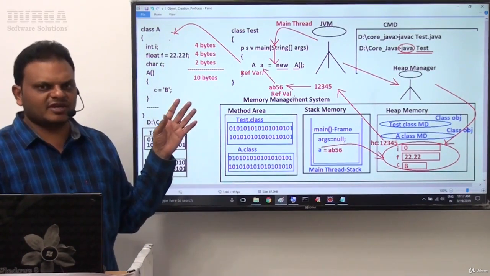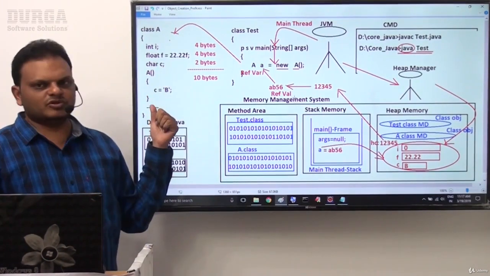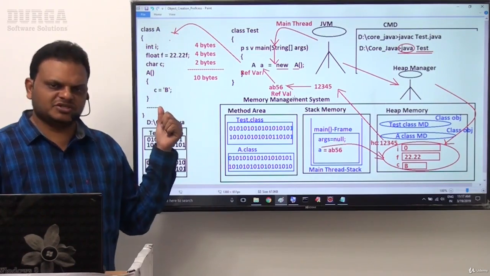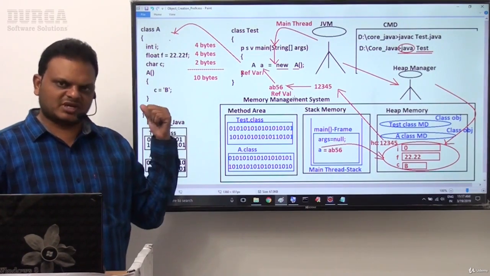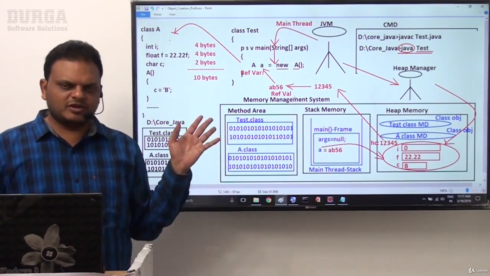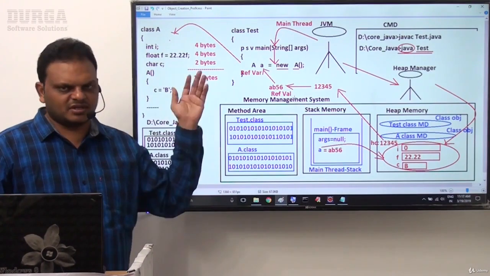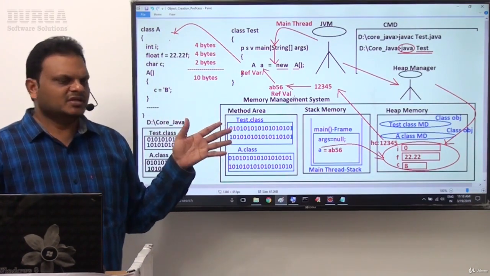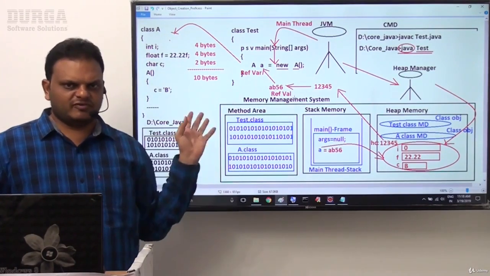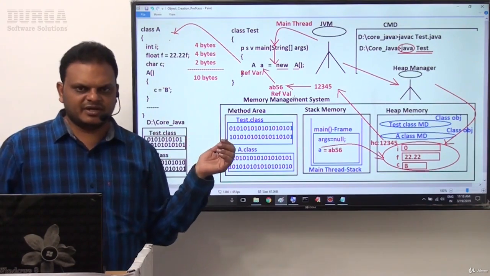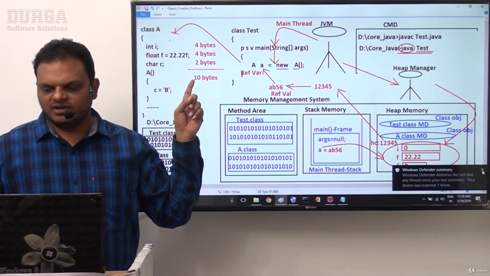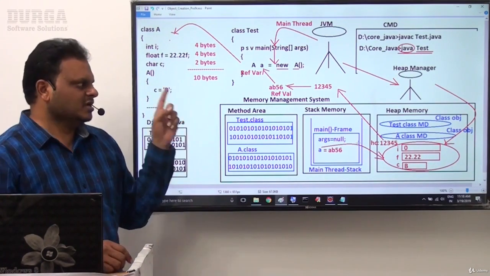If any variable does not have initialization at class level, then the JVM will come to the constructor. Inside the constructor, the JVM will check whether any variable is initialized or not. If any variable is initialized through the constructor, that value will be stored inside the object. If any variable is not yet initialized through the constructor or at the class level declaration, then immediately the JVM has to store a default value inside the object. This default value is going to be calculated on the basis of the data type of the respective variable.